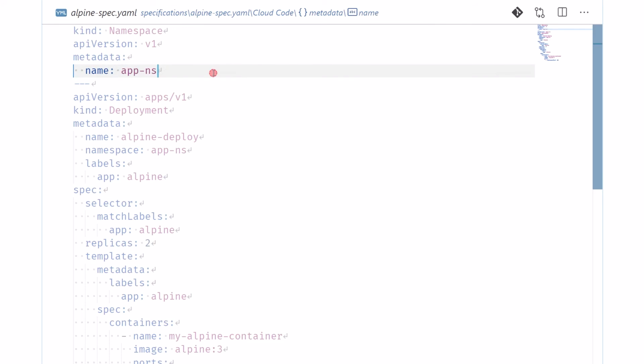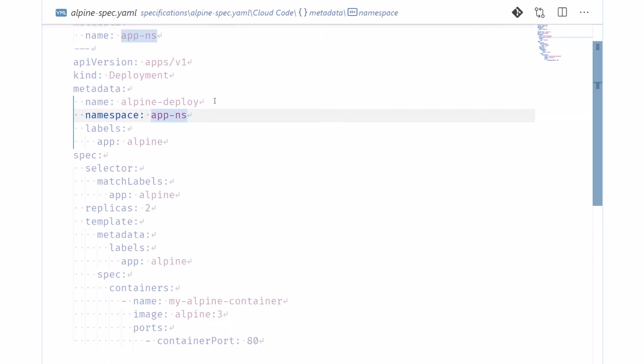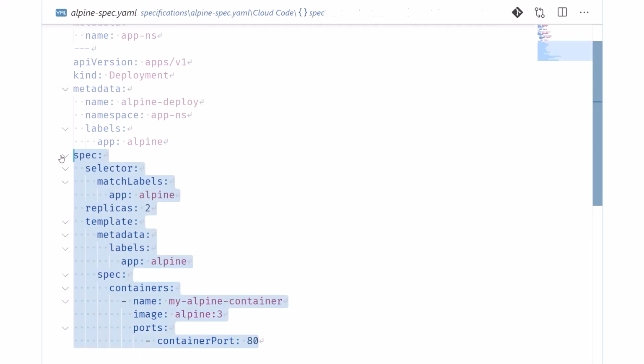the specification. Here you can see that the first thing that we do is create a namespace. The next thing that we do is create a deployment with the name Alpine deploy. You might remember that one of the validation rules that we configured in the webhook was to reject a deployment if the replica count is less than 3. In the spec, you can see that I have deliberately set the replica count to 2, which means that this deployment shouldn't be accepted by Kubernetes. So let's test this deployment now.